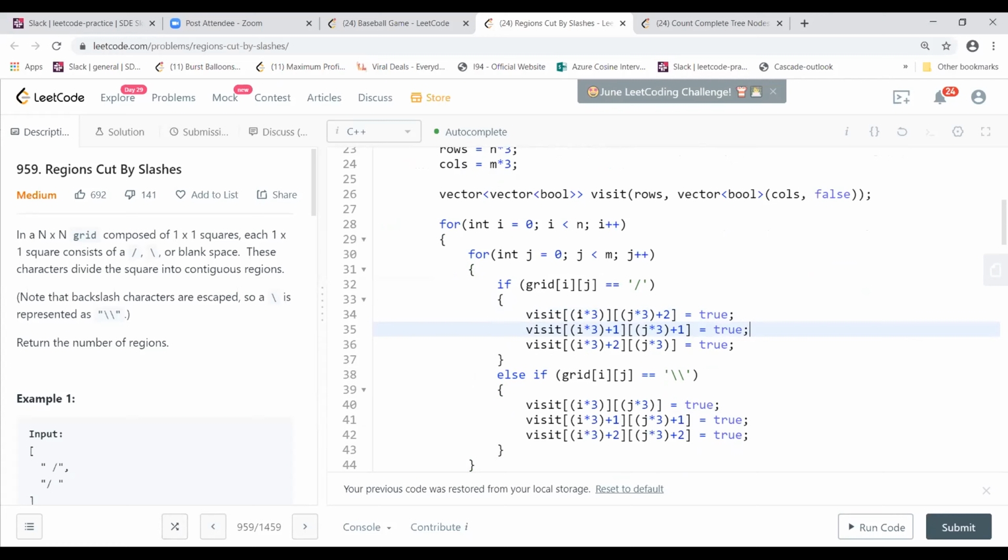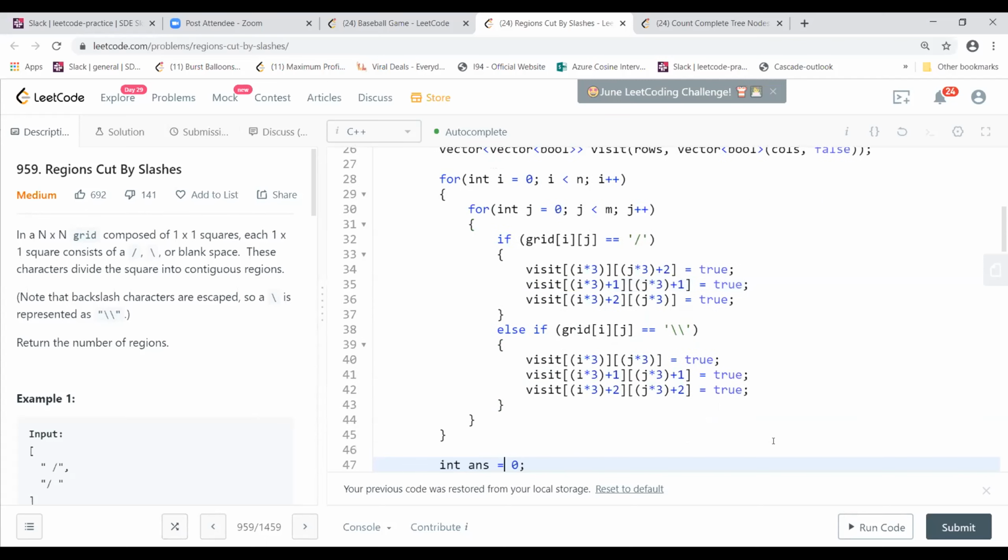In this case, for the first cell, I mark the first row and the third column as true, and then the middle element, the second row and the second column, as true. Then I go for the other side: if it is a forward slash or a backward slash, I just mark it the other way, like I was showing.